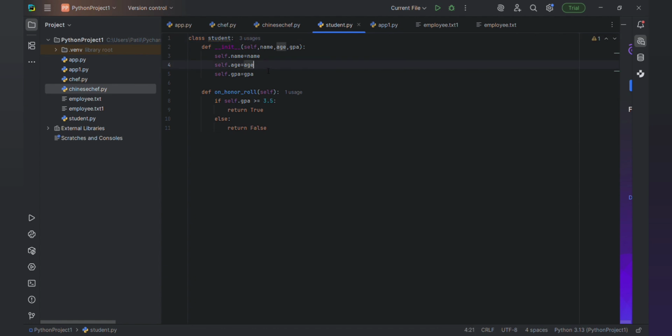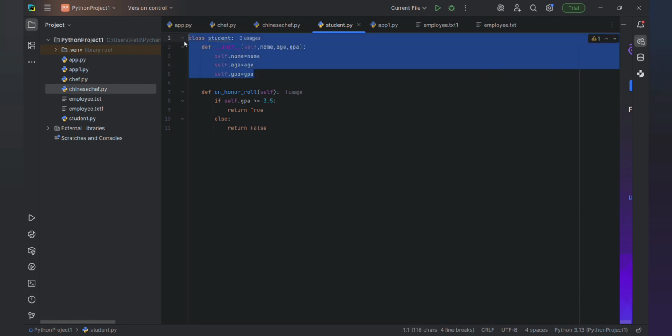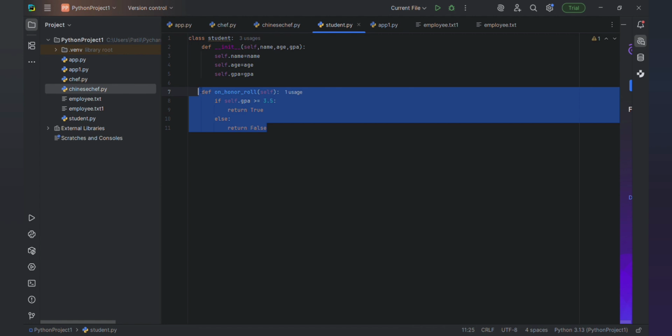And this is also one syntax, def init. In this function, this is the self, you have to write it, and next name, then age, then GPA. So self.name is equal to name. This is the syntax you have to write in this way. So the name, age, and GPA, we are taking as input here. Yeah, this is the class. I will tell you the next example later.